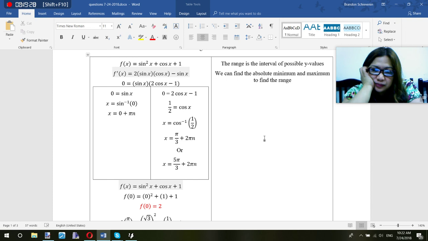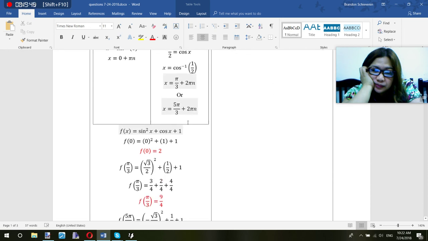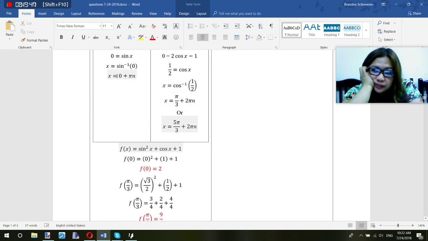So because this is continuous, I could just take the derivative, set it equal to 0, and solve for x. That gave me relative minimums and relative maximums. Now I didn't test around these points because we really don't care what they are. As long as they are a critical point, as long as they are a point where our function changes direction, they could be the absolute maximum or minimum. So these are all of the points that I need to test. Now it looks like there's only 3 of them, but really there's 4